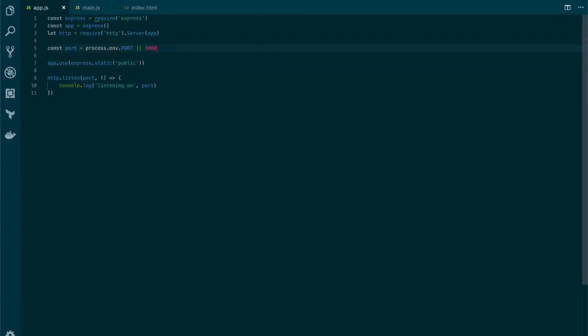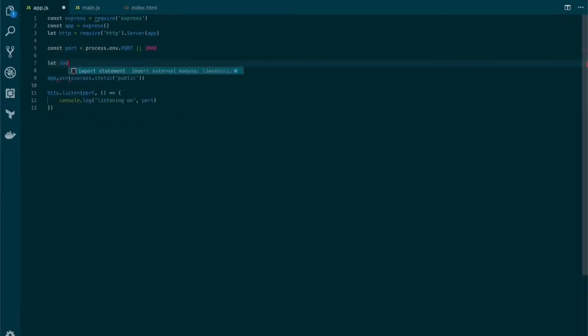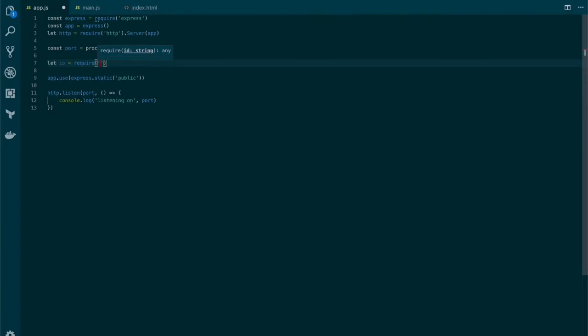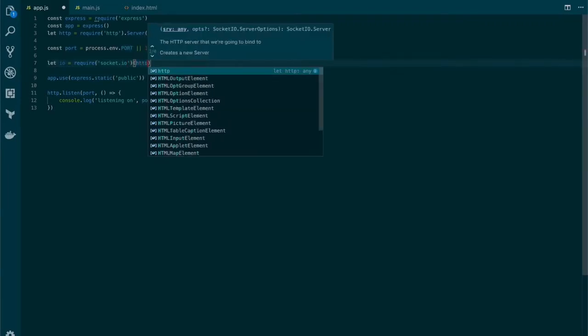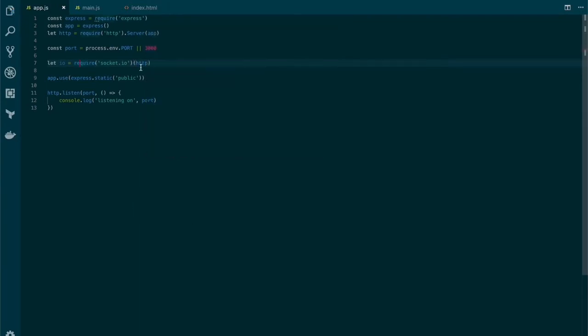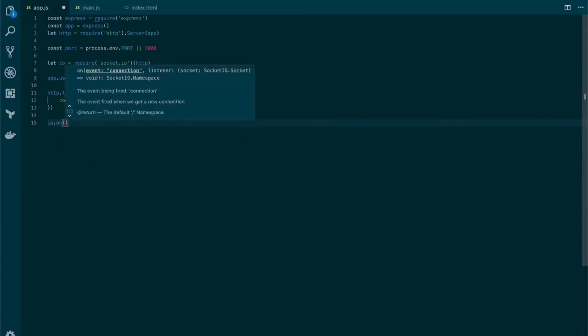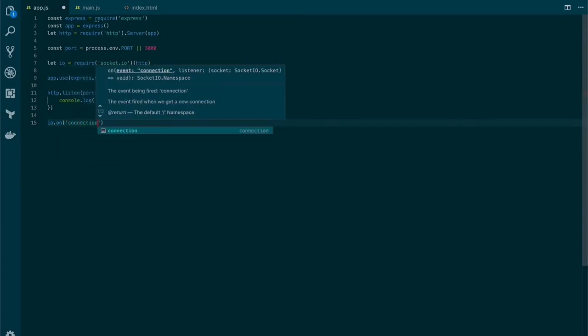So we need to define a variable here that is going to require the socket.io library. This is the library that we will use to exchange the messages on the signaling server. Here we're going to set the HTTP listener. So now we need to connect to the IO library,